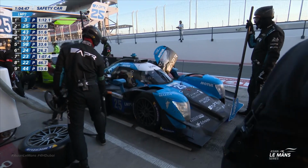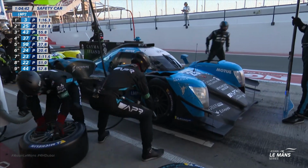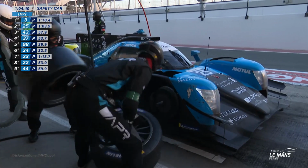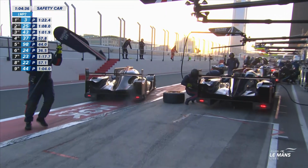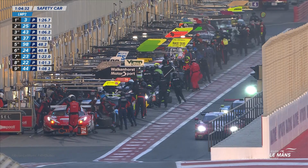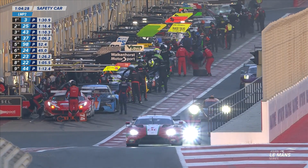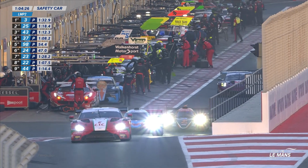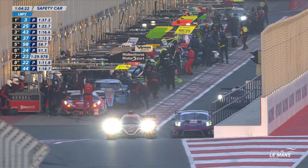It's just trying to then line it up for an exit. So looking for when DKR get out of this pit lane. Yeah, and they might see a number of cars here that have to go back up on the skates, turned, to then get them released out back into the pit lane. That was a rapid stop from the 23. Nielsen Racing coming out, the 95 TF Sport coming out. There is DKR. They're the first of the lead group to show from that mass of carbon fibre and...